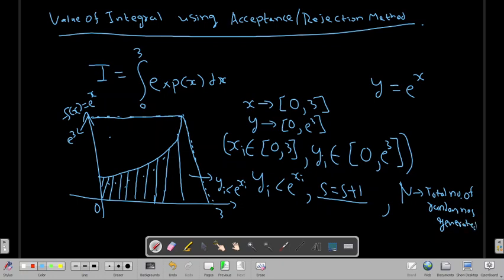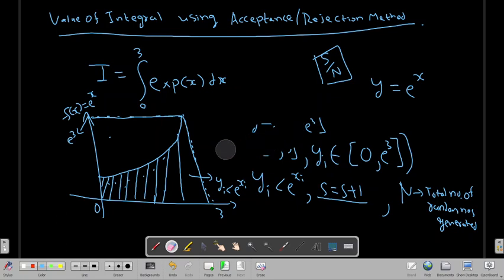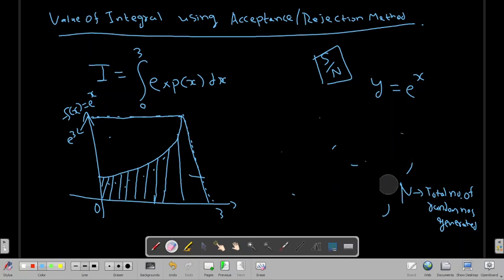So now I can calculate the ratio s by n. For a very large number of samples, once I have the ratio s by n, I can write the value of integration as I equal to 3 into e to the power 3 into this ratio.